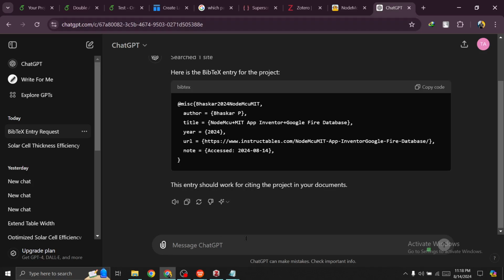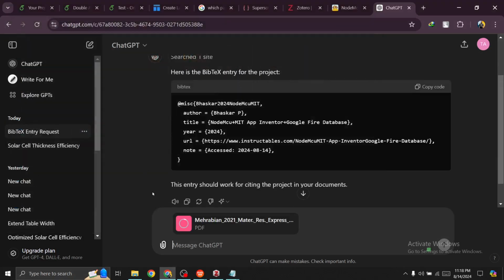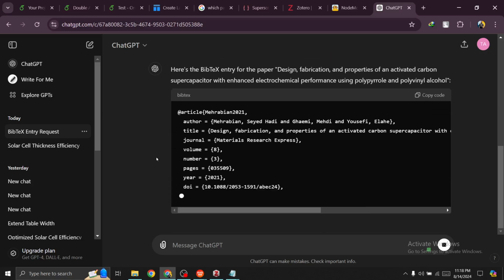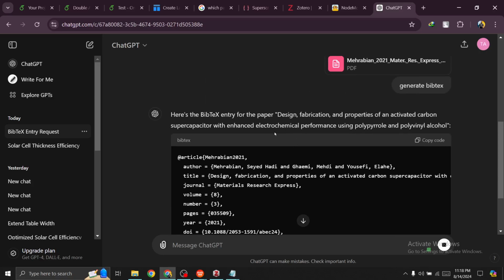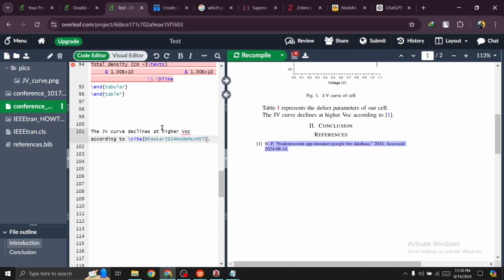You can also use ChatGPT for generating BibTeX. For that, you will have to upload your PDF for which you will need the BibTeX file. Just say generate BibTeX. It's very easy. See, the same thing as you got for Zotero. You can copy the code and put that here. So the citation techniques are done,